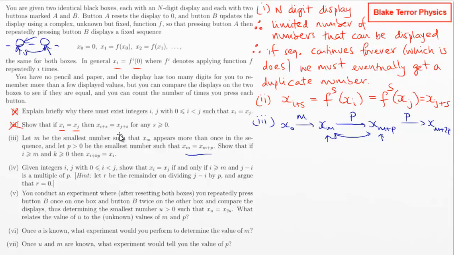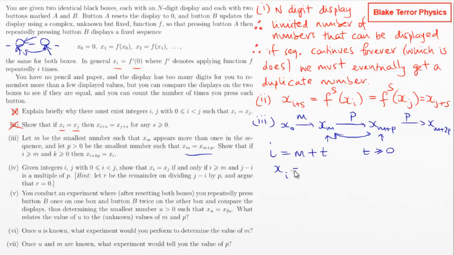Is this anything to do with the previous part of the question? Not really, I don't think. So say we were saying that i was equal to m plus some amount. Let's go t. So if i is m plus t, then what else can we say? We know that t is greater than or equal to 0, so that's fine, which means we can say that